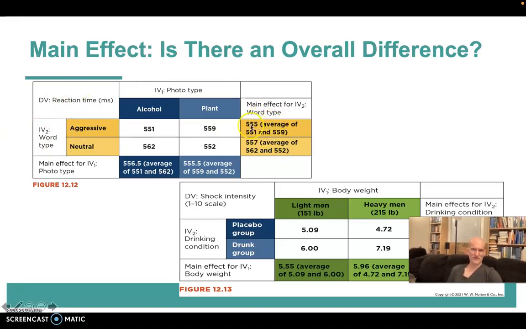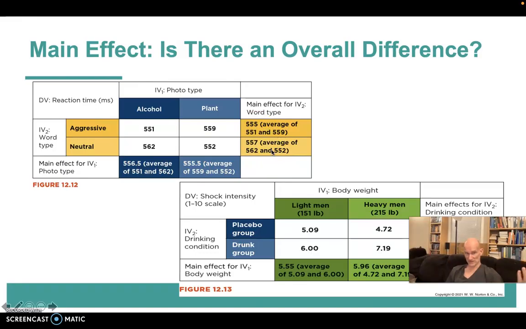So this is the reaction time for aggressive words, regardless of what picture preceded them. This is the mean reaction time to neutral words, regardless of what photo type preceded them. Right? So again, this is the main effect. These cells, which again are the average of these 2, and this one is the average of these 2, are called marginal means. So these are the marginal means for word type, these are the marginal means for photo type, and the difference between these